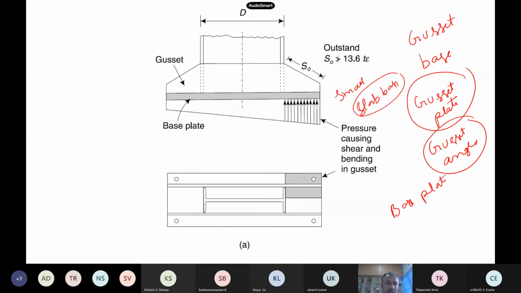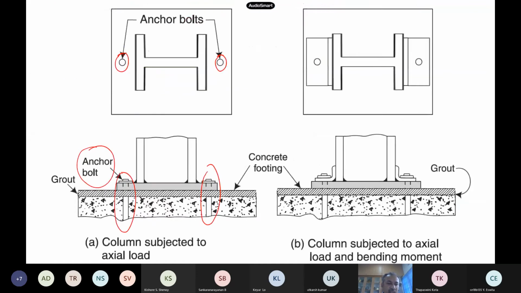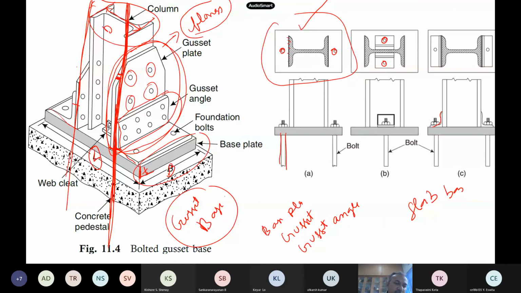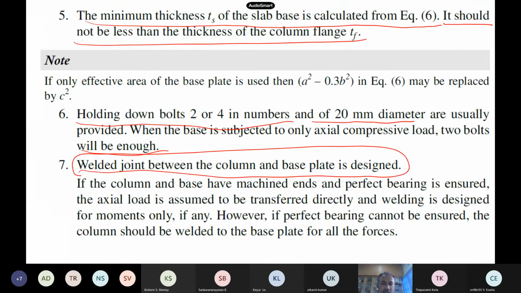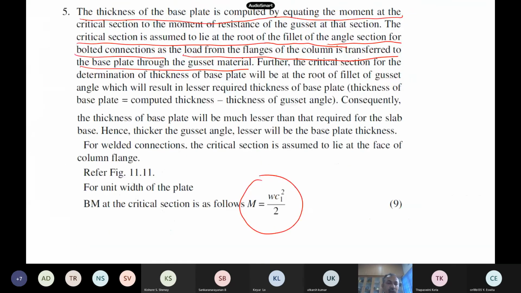But here in the gusset plate, the advantage is, what we had is when you try to find out this, what is happening here, can you see? So this section, we are interested in the bending moment actually. But here the thickness, if you see, this is the thickness of the base plate plus this angle, so the thickness of the angle section also will come actually. So whatever the total thickness you compute, that becomes addition of base plate thickness plus this angle plate thickness also. So this has to be subtracted to calculate the base plate thickness. That is what the code says. Okay, so computed thickness minus thickness of the gusset angle.